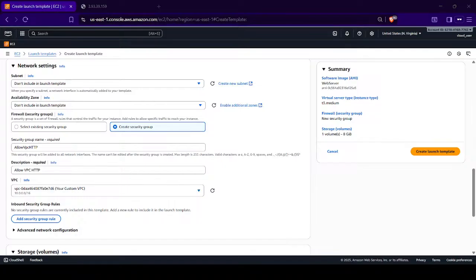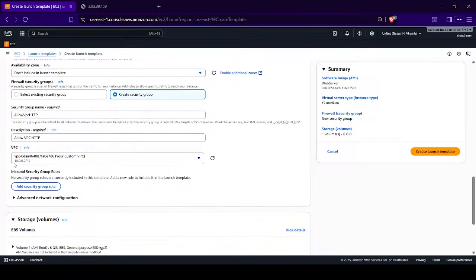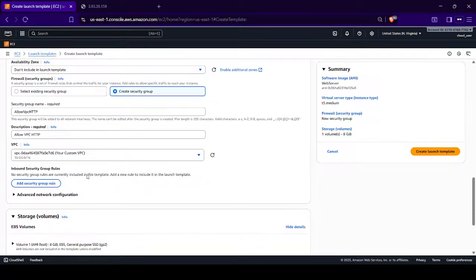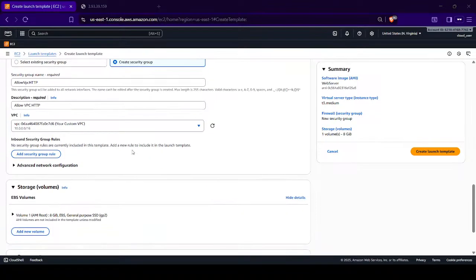Now, make sure in the drop down you are selecting this VPC, the one whose number is 10.0.0.0/16. This should be there. Okay. Once that is selected, under the inbound rule,